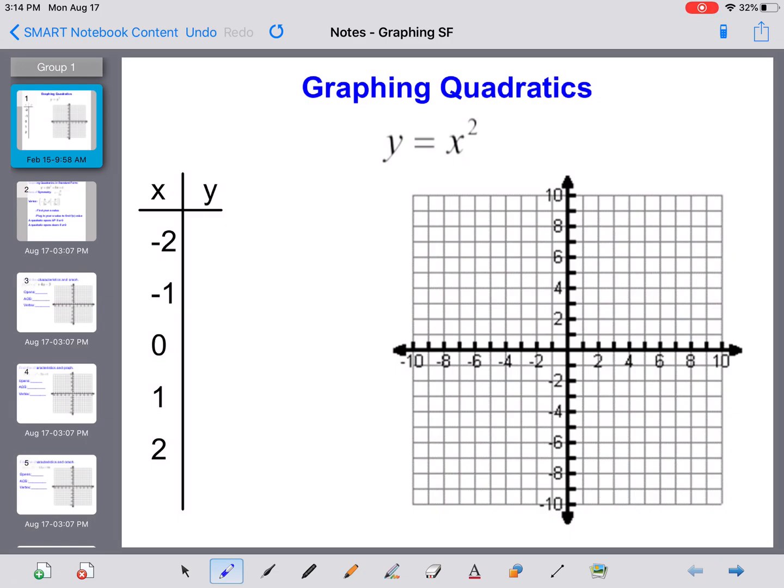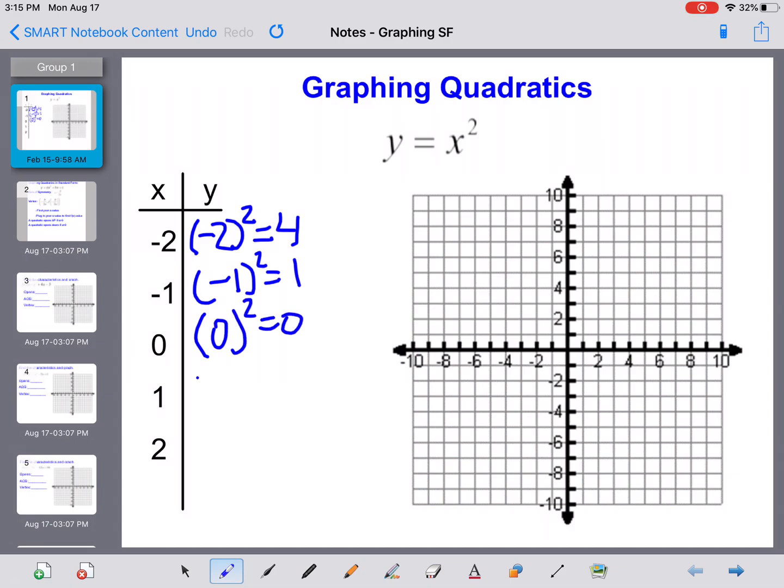So if we plug in -2, we get -2 squared, which is going to be +4. If we plug in -1, we're going to get +1. If we plug in 0, we're going to get 0. If we plug in 1, we're going to get 1. If we plug in 2,